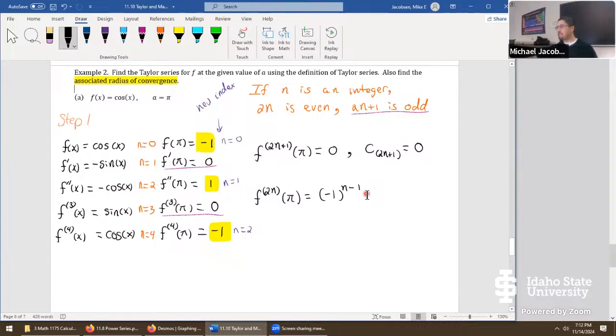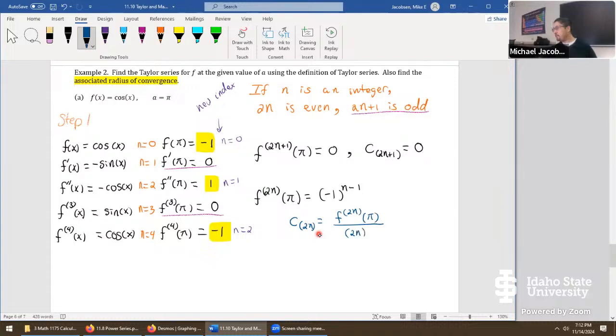Now, once you get this, we're going to go to the coefficient. I think we use blue color coding for this. C at 2n. So all the even coefficients is what we're writing. Formula will be take the even order derivative, f at 2n at pi,